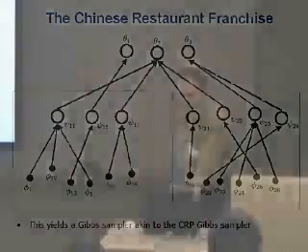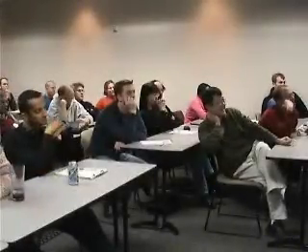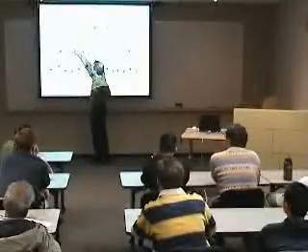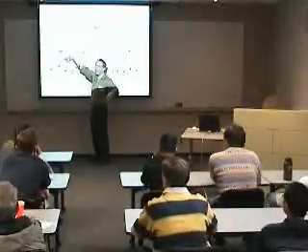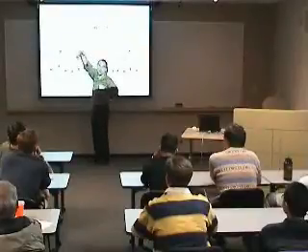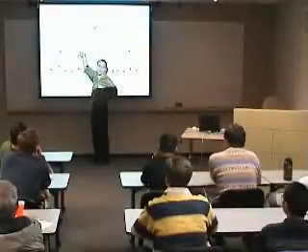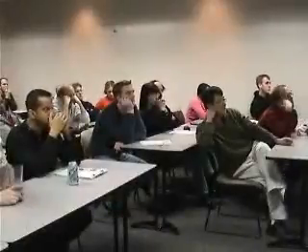Let me skip a little bit of this so I can get to the last point. The analog of the Chinese restaurant process is what my colleague Yee Whye Teh dubbed a Chinese restaurant franchise, where I now have multiple restaurants. Here's a customer coming in. They sit at a certain table with a certain probability. And then at that table, they can choose from a number of dishes, which are shared among all the restaurants in the franchise. And these dishes become more and more popular as more people choose them. So it's the same Chinese restaurant idea, but now extended to two levels.